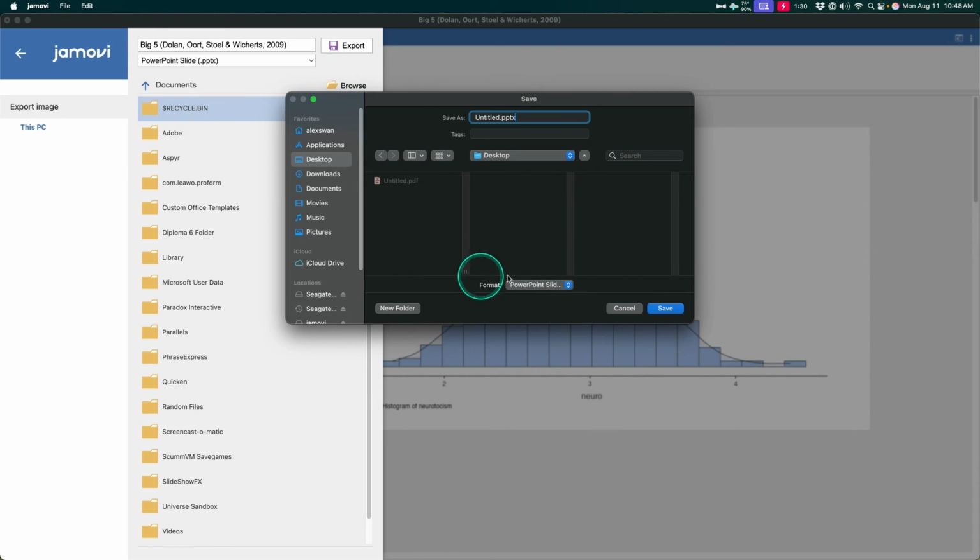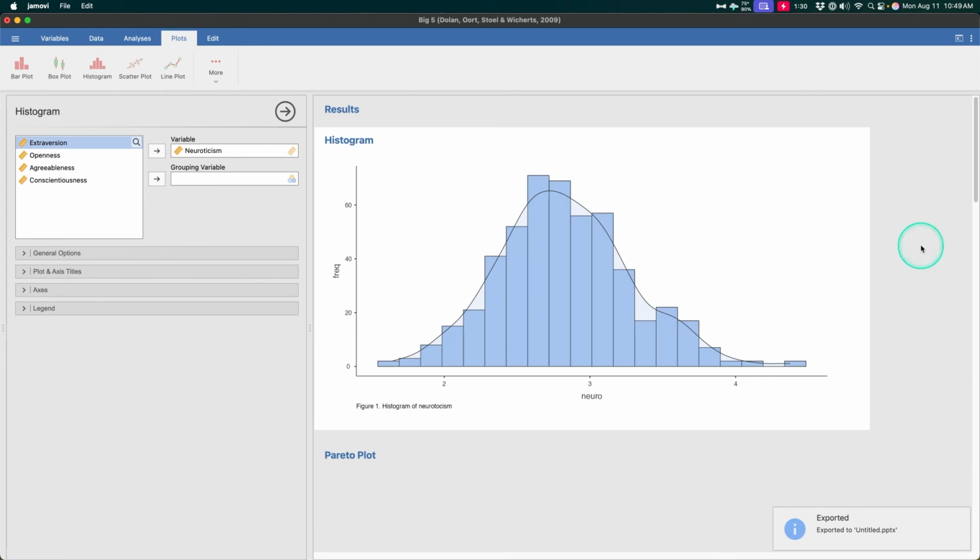So I hit browse, but then it gives you this, of course, this is Mac. You have to change it here because it's not going to accept what you put over here. I don't know if that's the case on Windows, but just ensure that you have chosen within your dialog box that you're saving as a PPTX, because by default, it goes back to PDF. So we're going to do PowerPoint slide, and it's going to be untitled because I don't really care about titling it. So we're going to save that, saving it to my desktop,